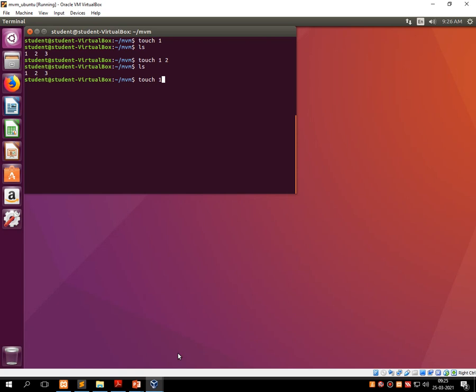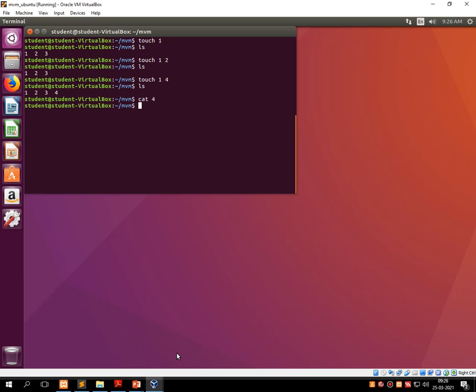Touch 1 and let's give 4, which is not created. What does it do? It creates the file called 4. The touch command will create file number 4 without any content of file number 1, but the created time and date of file number 4 is the same as file number 1.